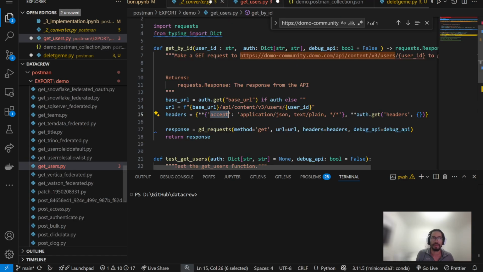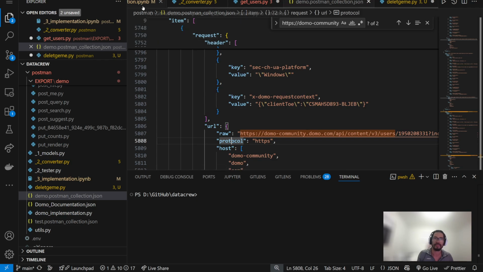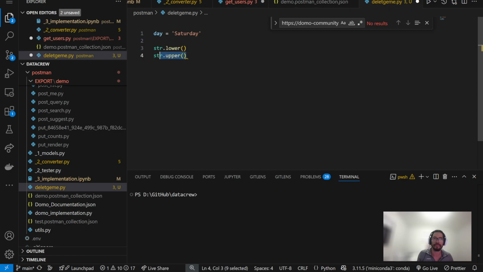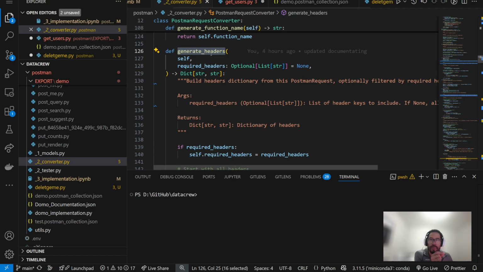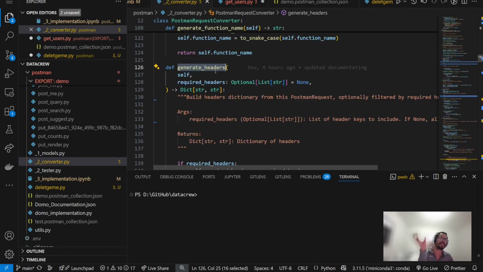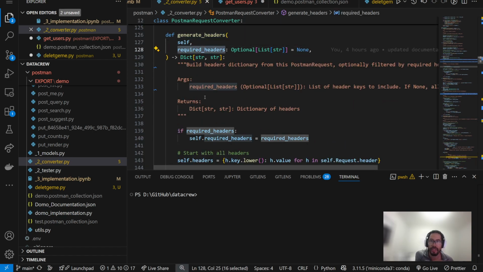So, where was I? In my converter, I have a method called generate headers. Where's delete me? I have a method called day.generate headers. This obviously does not exist for the string class. You have no idea what that would do, but let me tell you what generate headers does for my conversion class. What it does is it receives an argument called required headers, which is a list of strings, and it